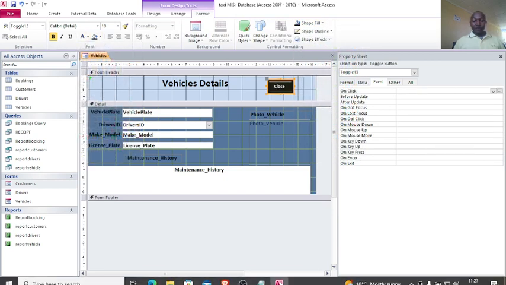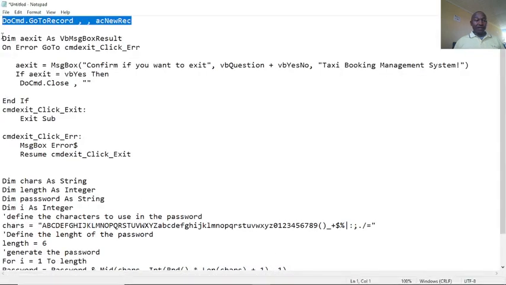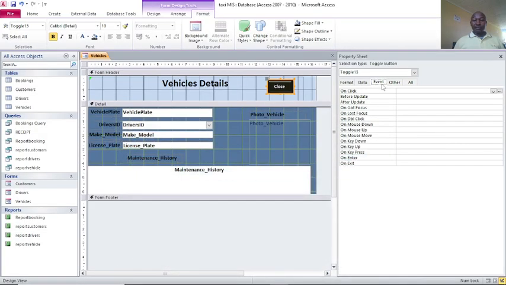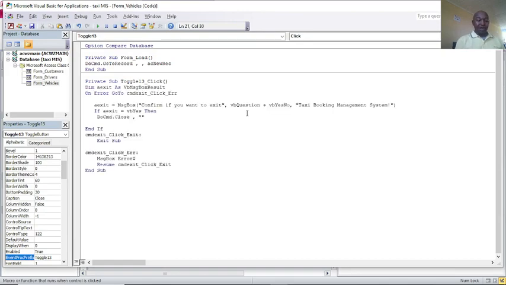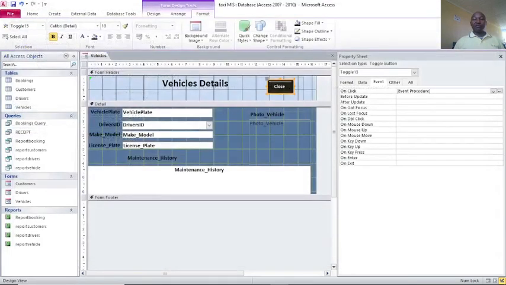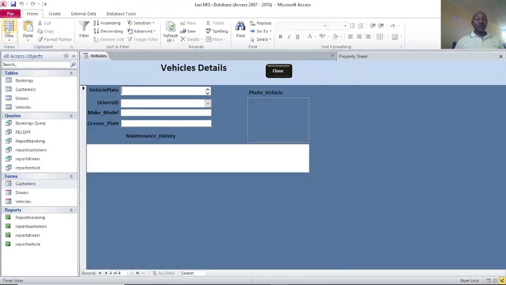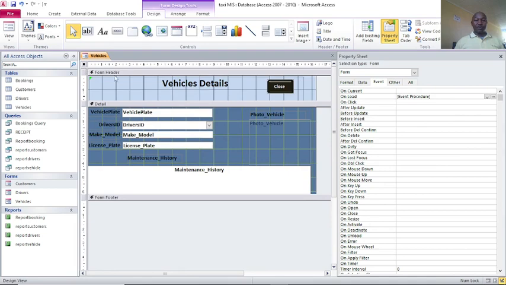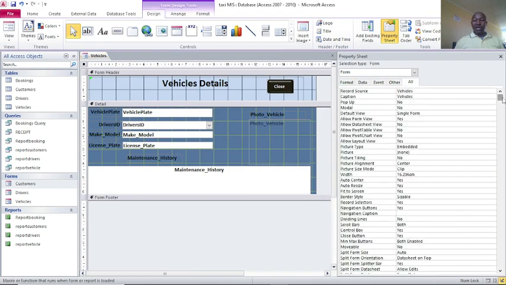So I go to my codes. My codes are already here, so I copy the cross button code, minimize, go to event, on click. Event procedure, hit the three dots, paste your code and save. I am saving by keyboard shortcut Control S. So when I save, you see, mine goes to blank, but there are some details already. So again, make it modal to make it attractive. Click on this point, go to all, then on all, drag this, pop up modal yes, then save it